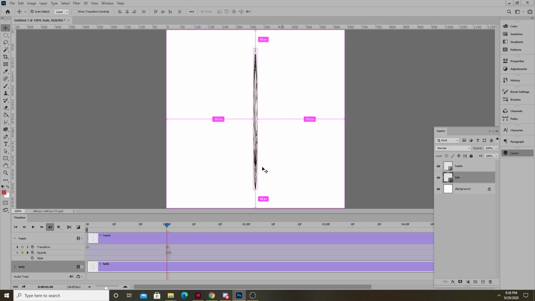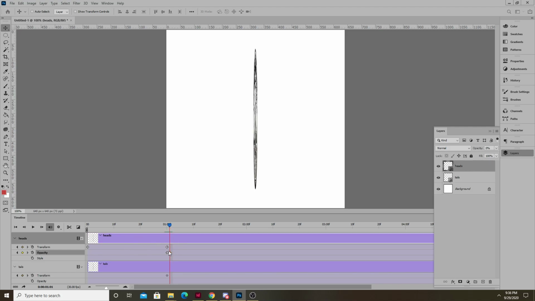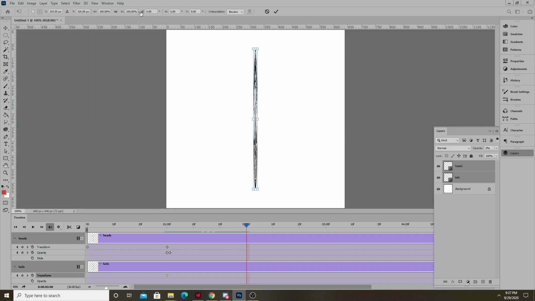They're both thin like that. And I'll drop a keyframe for tails now. So I click on transform and I drop one of these diamonds here to save it at 3%. And then again, the next frame over, I changed the heads' opacity to 0, so you can't see it anymore. But we can still see this one. So this is the tails that we're seeing right now. But one more second past that, at 2 seconds, I'm going to say edit free transform and change this thing's width